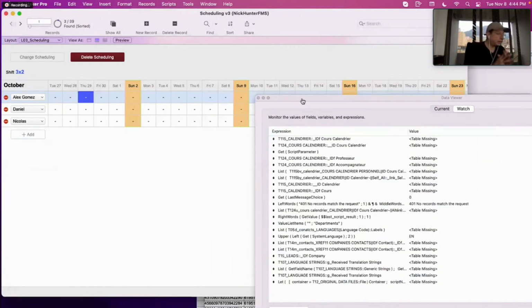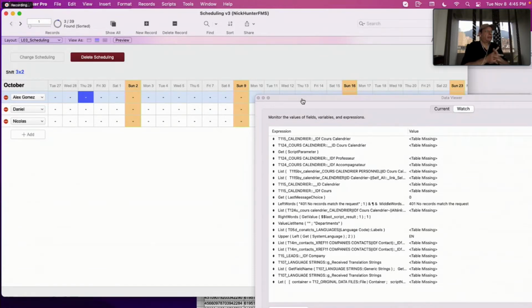So now that it is possible to evaluate a global, no. So global won't work here, okay? The question was, is it possible to evaluate a global field with a list of local field names and the table of, no, that won't work. Because you cannot say trigger these fields. So you need to have in the let statement, in the auto entry calculation of that field, you need to rely on another field that is going to be modified, right? So you cannot have a global with that one,